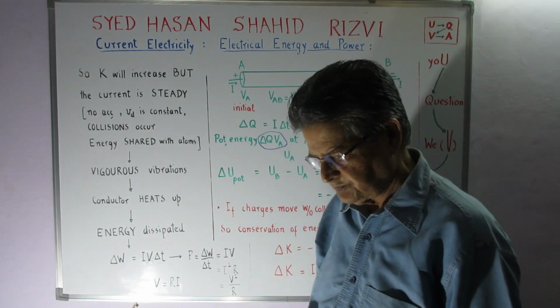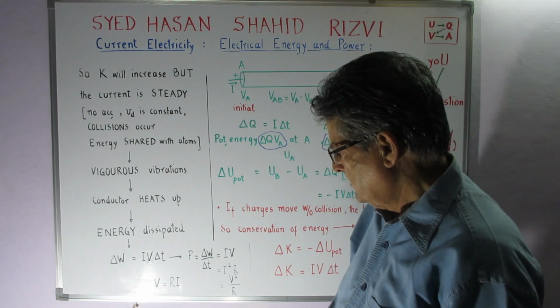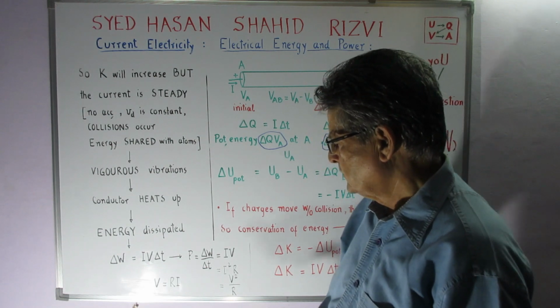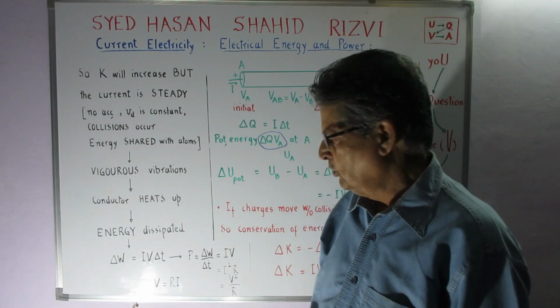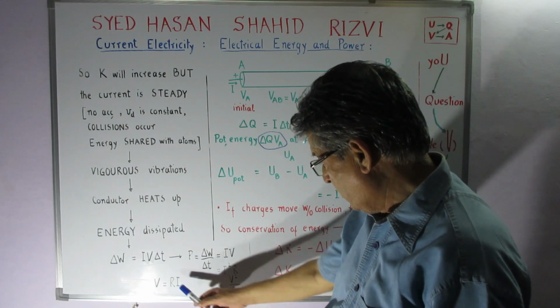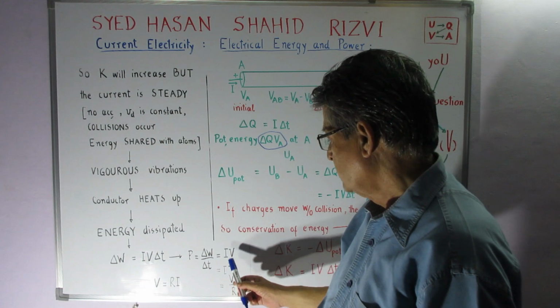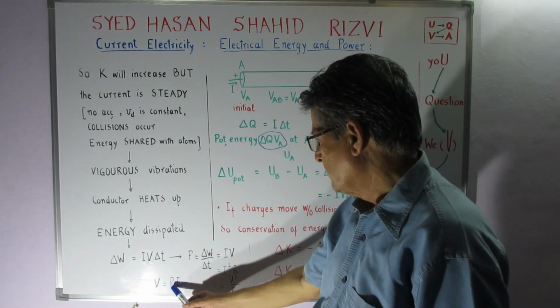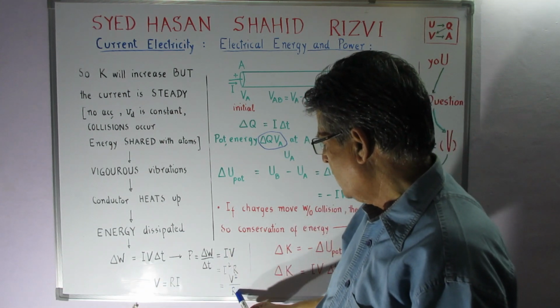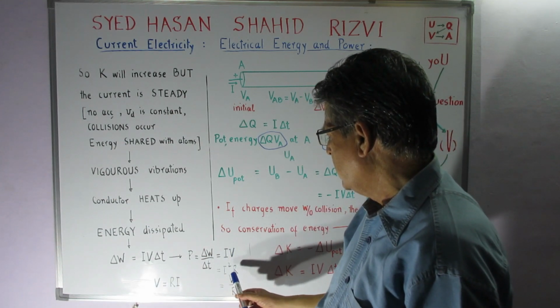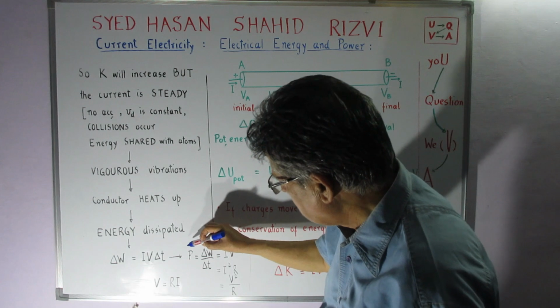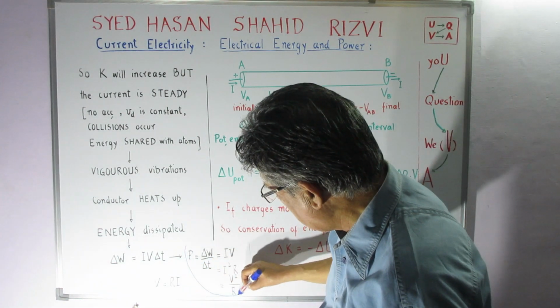Now we have our friend Ohm's law, which is defined as the potential difference is equal to R into I. So if I substitute these values, I will become equal to V upon R, so I'll get V square upon R, and V will become equal to Ri. I can substitute here and I'll get I square R. So this is what happens